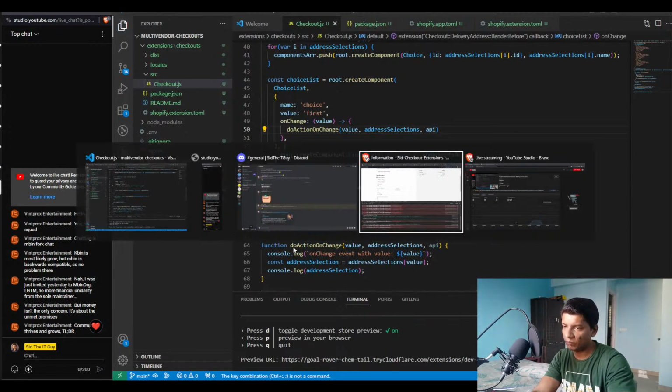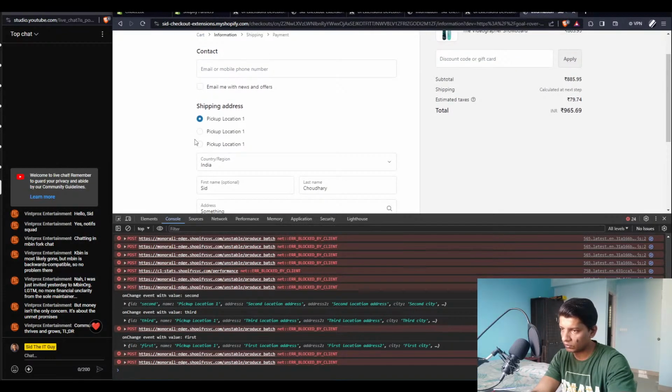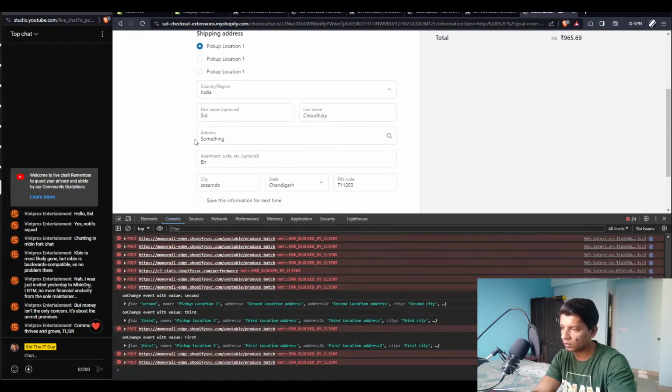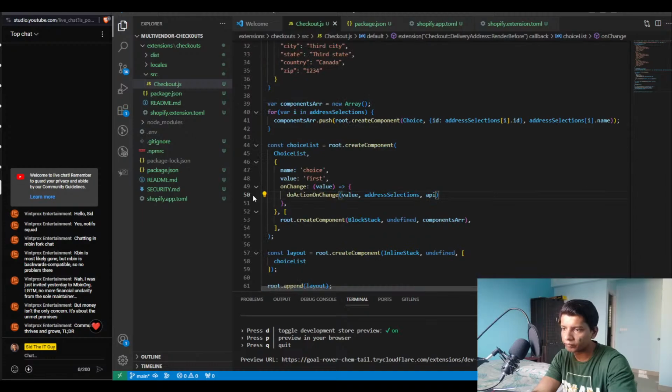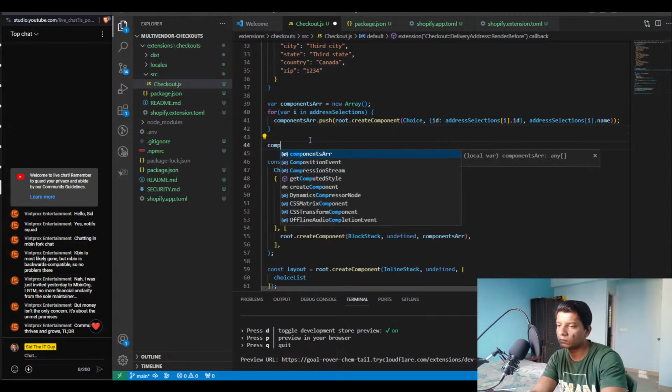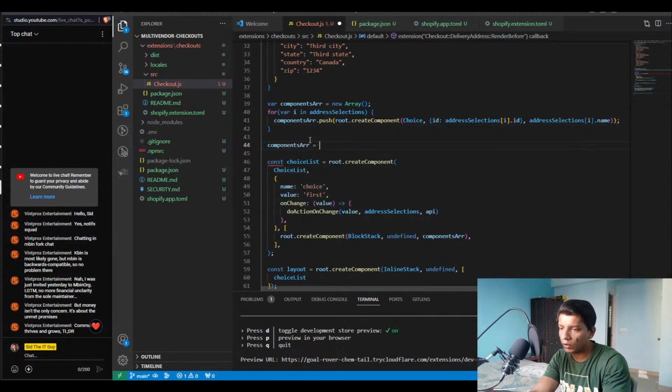But what does the name choice do? Shipping address. Equals